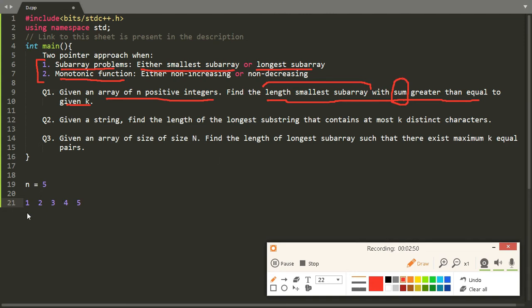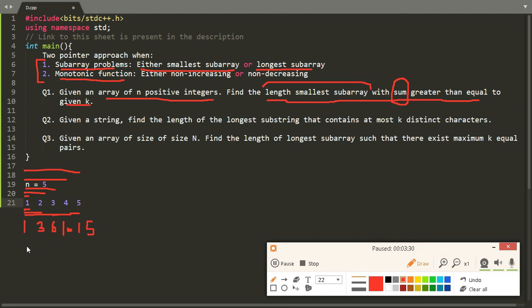We will understand it from this example. As you can see here, if we take the sum of this subarray, the sum is 1. If we take the sum of this subarray, the sum becomes 3. If we take the sum of this subarray, the sum becomes 6. And this subarray, the sum becomes 10. And if we take the sum of this subarray, the sum becomes 15. I mean, first I am taking the sum of this subarray, then this, then this, then this, and then this